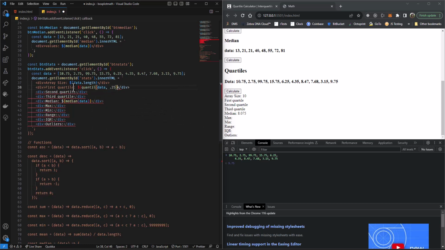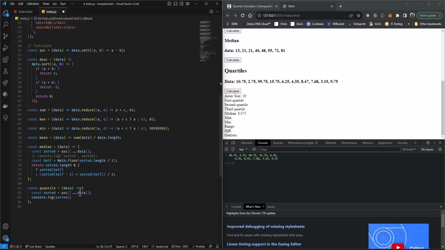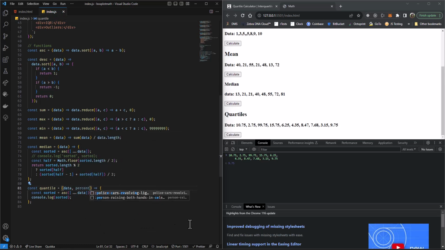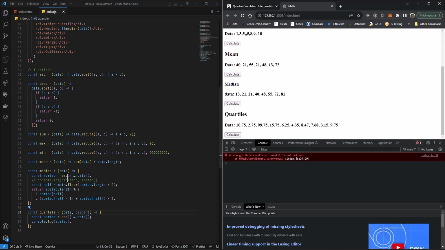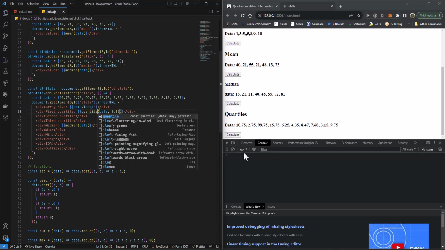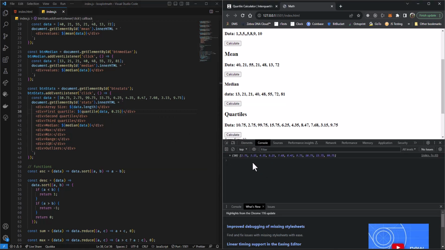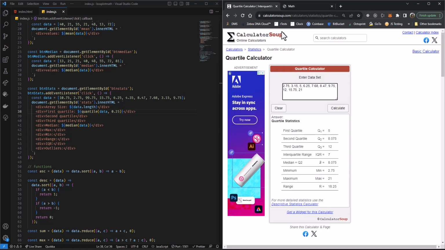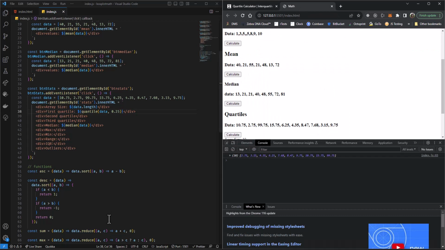And we want the 0.25, so we really need our percent to come in there for our quantile. Let me back this out. I need an E up there, don't I? Okay, now sorted. 1, 2, 3, 4.35. 5 is there. Okay, I've still got that wrong, but